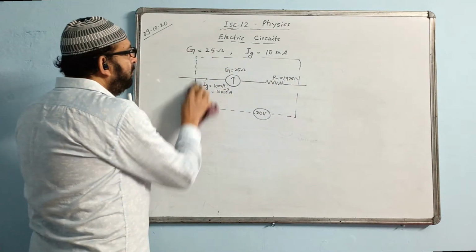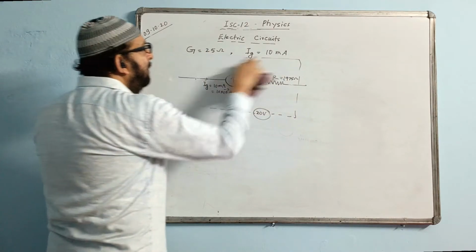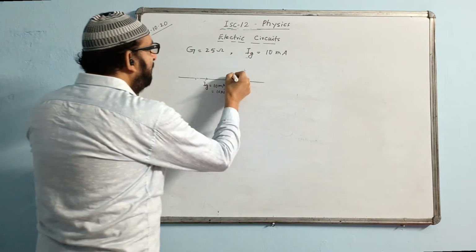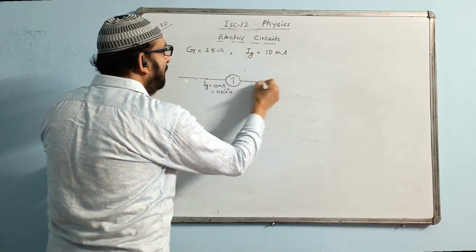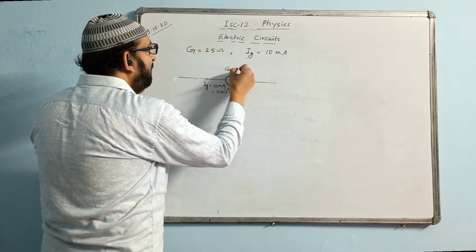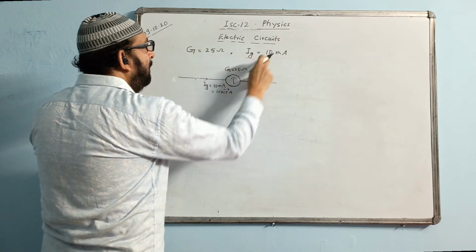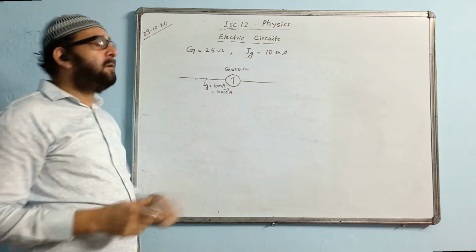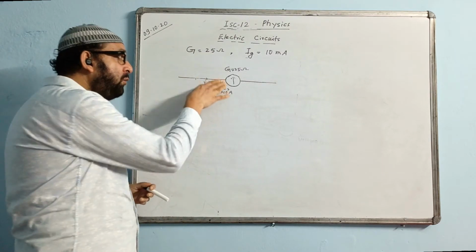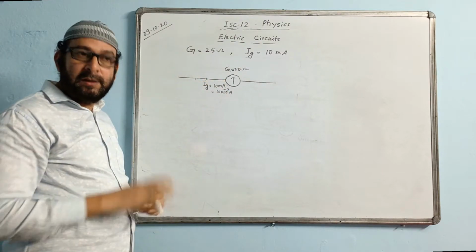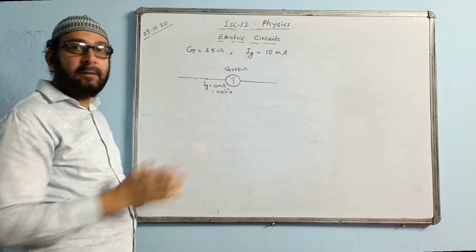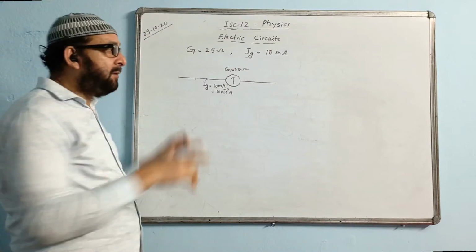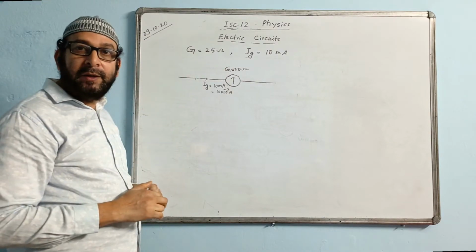Now one extra thing I am going to do. By chance, if they say you are having a galvanometer of resistance 25 ohm, and it gives a full deflection with 10 milliampere current. Now we want to change this into an ammeter. Instead of voltmeter, the question says change it into an ammeter of range 20 ampere. The ammeter should read 20 ampere, maximum of 20 ampere.